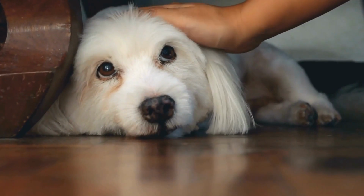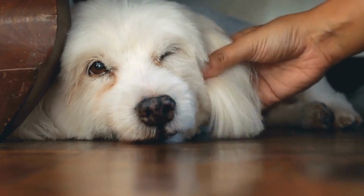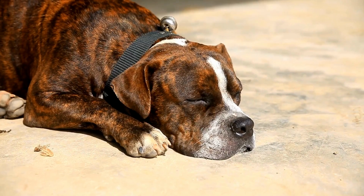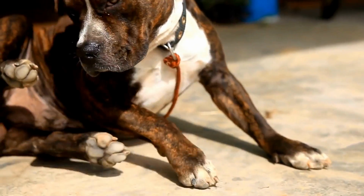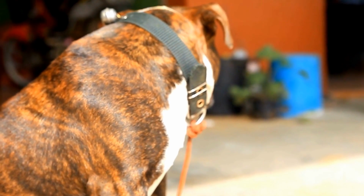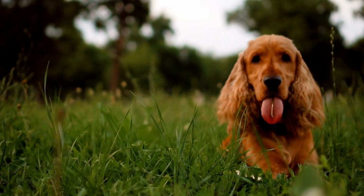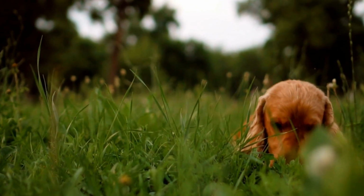In conclusion, recognizing the signs of a dog with a broken tail at the middle or middle tip is crucial for prompt diagnosis and appropriate treatment. Changes in behavior, tail position, swelling, bruising, discharge or bleeding, pain, sensitivity, loss of appetite, and lethargy should all be considered as potential indicators of a tail injury. Remember, if you suspect your dog's tail is broken, seeking veterinary advice and care is essential for your pet's well-being